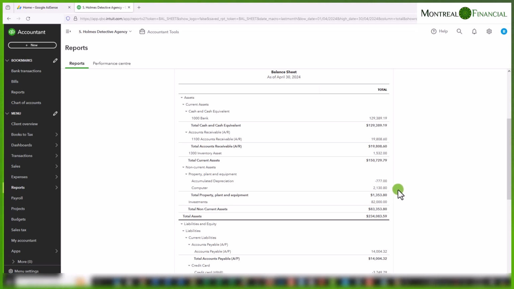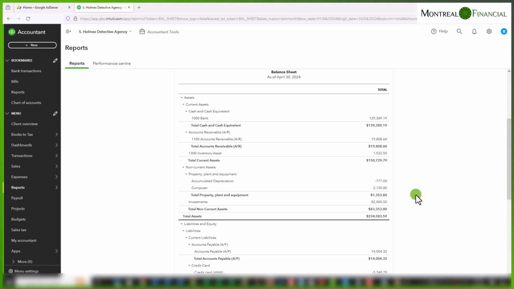Now, it's important to note that if there are more than one computer or assets in this class, then you want to identify the value of the specific computer that you're selling or writing off and the depreciation that relates to that fixed asset, whatever the fixed asset is. We can see that the value, the net amount, is